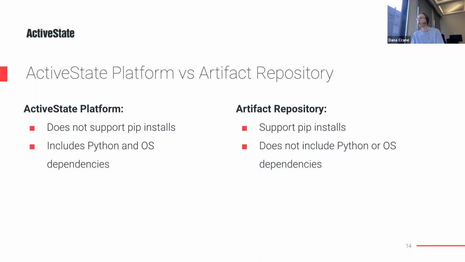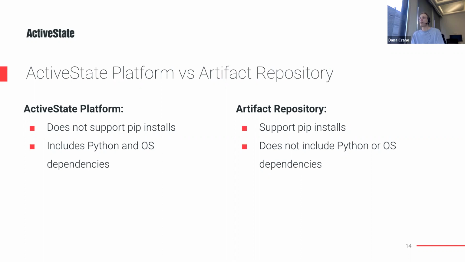So if you prefer to work with pip and do pip installs, that's a great use case for the artifact repository. Today, if you're working with the ActiveState platform, we package our own package manager with it, our state tool CLI. It has a lot of extra functionality built into it, above and beyond what pip offers, but